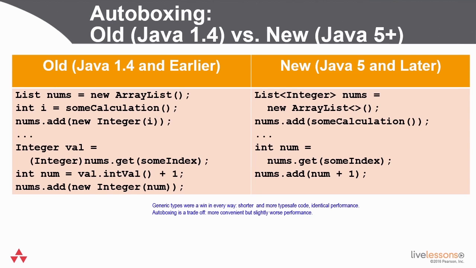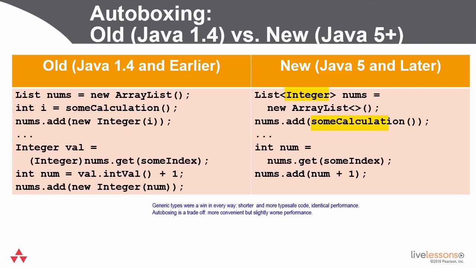So in the pre-Java 5 days, before autoboxing, if you wanted a list and you had an int, you had to explicitly convert the int to an Integer and put the Integer into the list. And then when you took something back out of the list, you had to treat it as an Integer and do the calculation to turn it into an int. This was a big pain in the backside, and everybody complained about it, and it just made your code long and tedious. So in Java 5, it said, well, you know, if you declare it to be of type Integer,